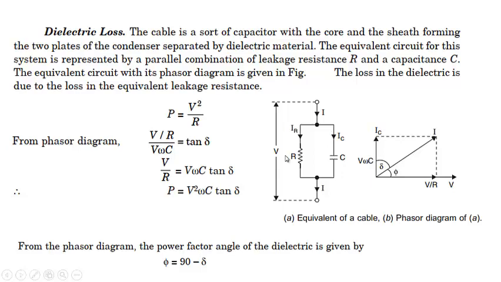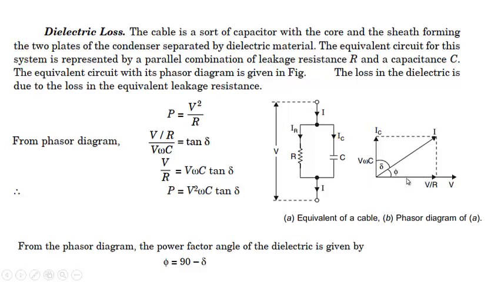This IC will be leading V by 90 degrees. This IC will be like this, with this 90 degree. This IC will be equal to V omega C. So I will be the phasor sum of this IC and this IR. This phi is the power factor angle of this cable, because this I is leading V in this case